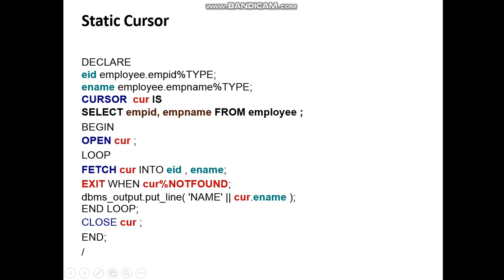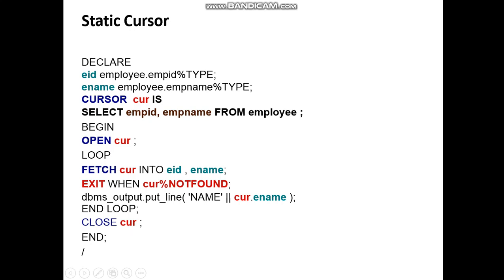Exit when cursor percent not found. If you remember, I told you in my previous tutorial that percent not found is an attribute of the cursor. So if no data is found, then the PLSQL block will be exited.